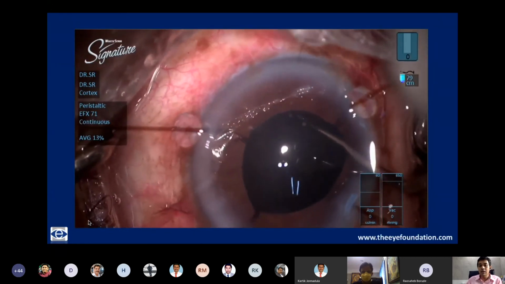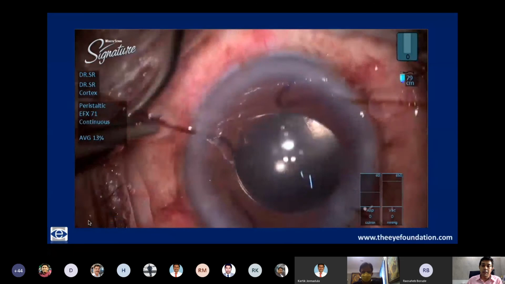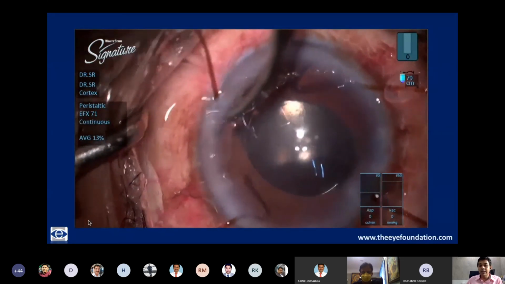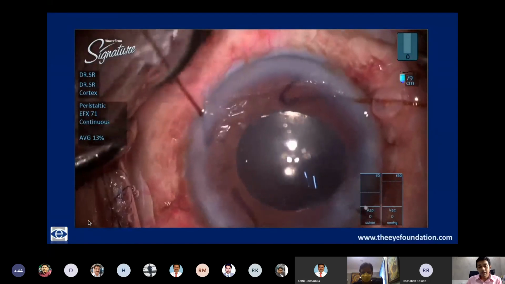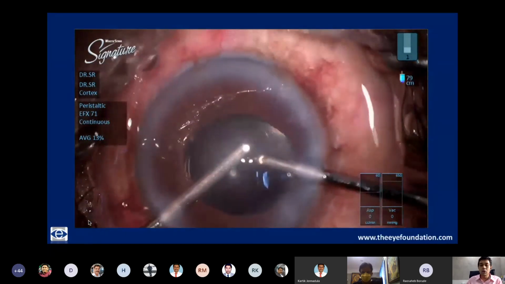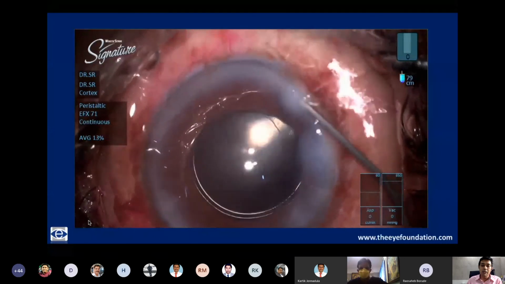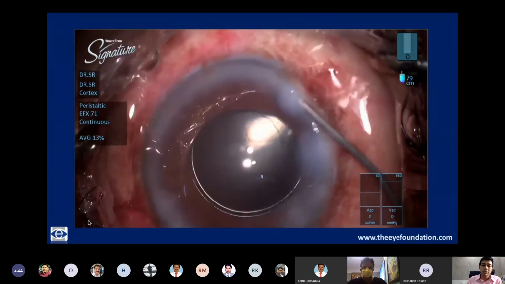I place a 3-piece lens for additional measure, and once it is in place, I then go ahead and remove the capsular tension rings, and then you can reassess the centration of the IOL. Like I said earlier, in these kind of diffuse zonulopathies where the zonules are diffusely weak, it is the manipulation during surgery which you need to be most careful with. And at the end of surgery, you see a very well-centered lens and a well-centered rhexis. And therefore, no additional maneuver is required at this stage. Again, there is a very good likelihood that this cataract surgery will last the lifetime of the patient.